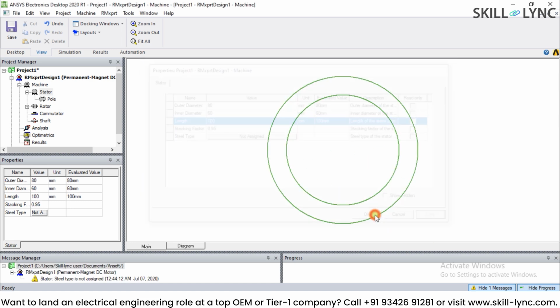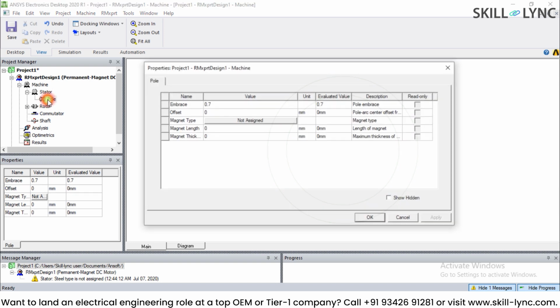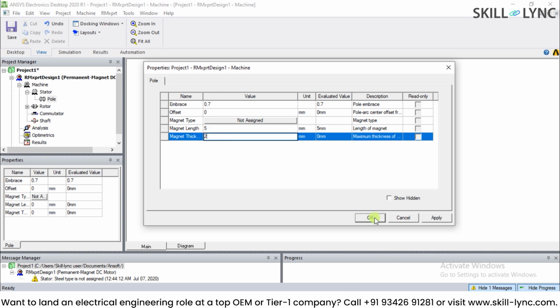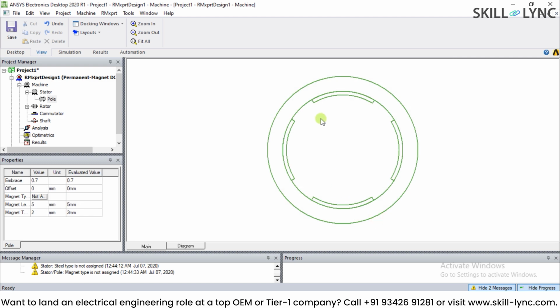I'm going to just create the geometry of the stator. So here is the green color geometry of the stator which we have, and on that we can actually add permanent magnets. So if you add the length of the permanent magnet, let's say it's 5 and thickness is 2, basically we are going to add